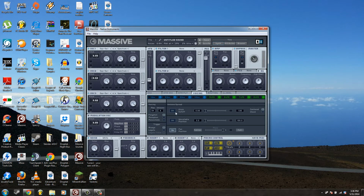But we want to detune them even more, so let's turn on pitch cutoff and move this up just a little bit, maybe right about there, just to the point where you can't even see this notch right here. And let's hear what it sounds like now. Hear it without it. There's a big difference when you add pitch cutoff in the voicing tab,